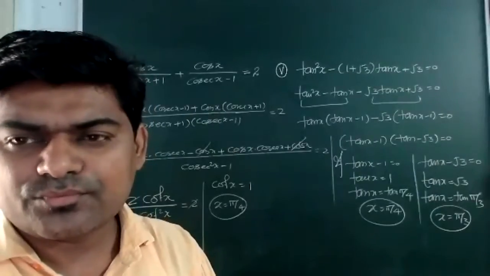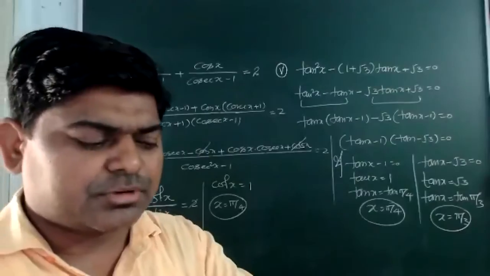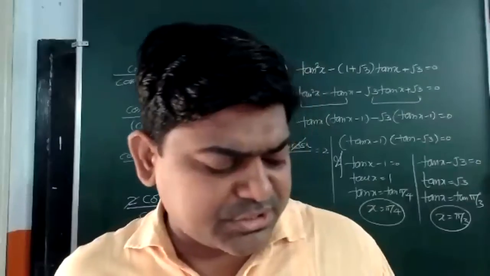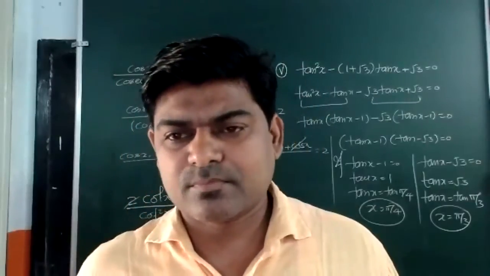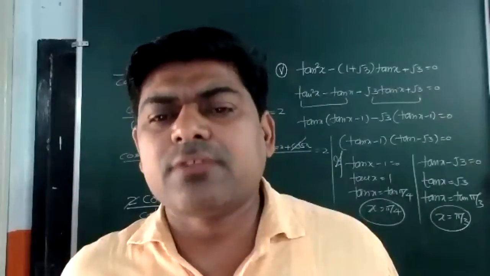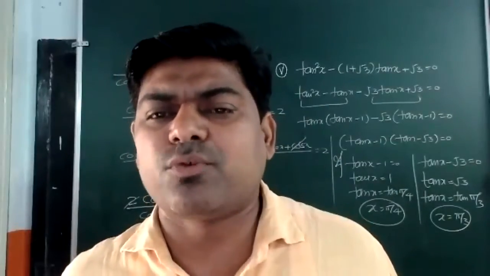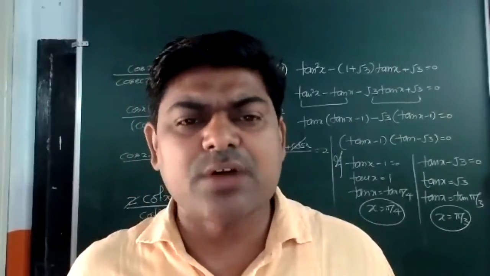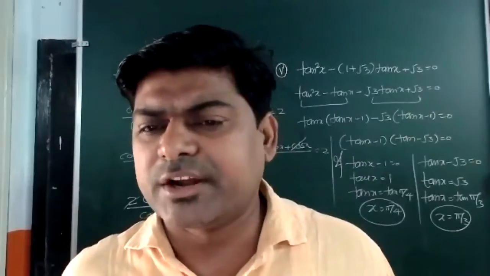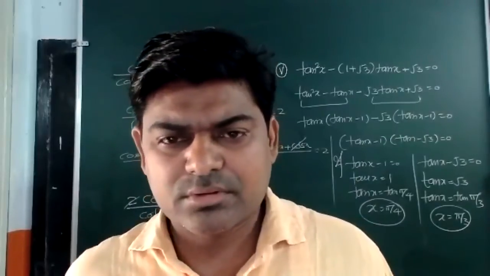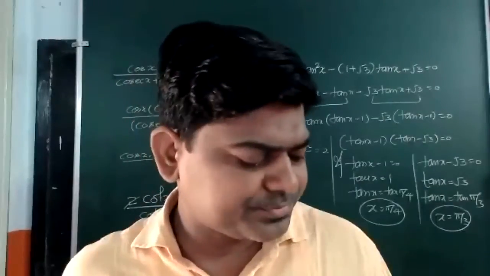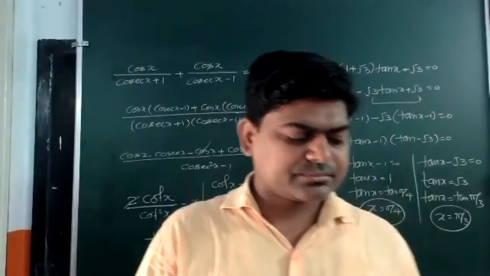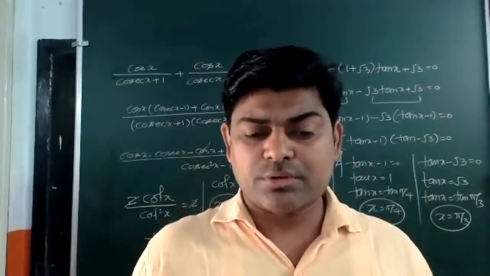Yes or no? No. Actually, in question number 21, the fourth part is there. Here I have 3 cos x is equal to 2 sin square x. What will I do? Sine will be converted in terms of cos with the help of 1 minus cos square. And then again we will have a quadratic equation in terms of cos, and we will solve it and get our result. Is it okay? Any problem? Now, after knowing all these things, question number 21, you can see. Question number 21.